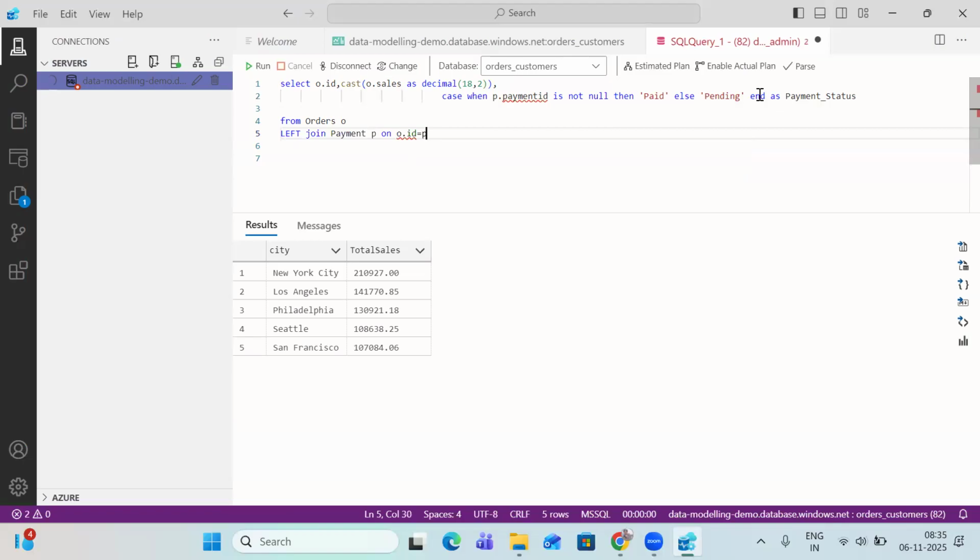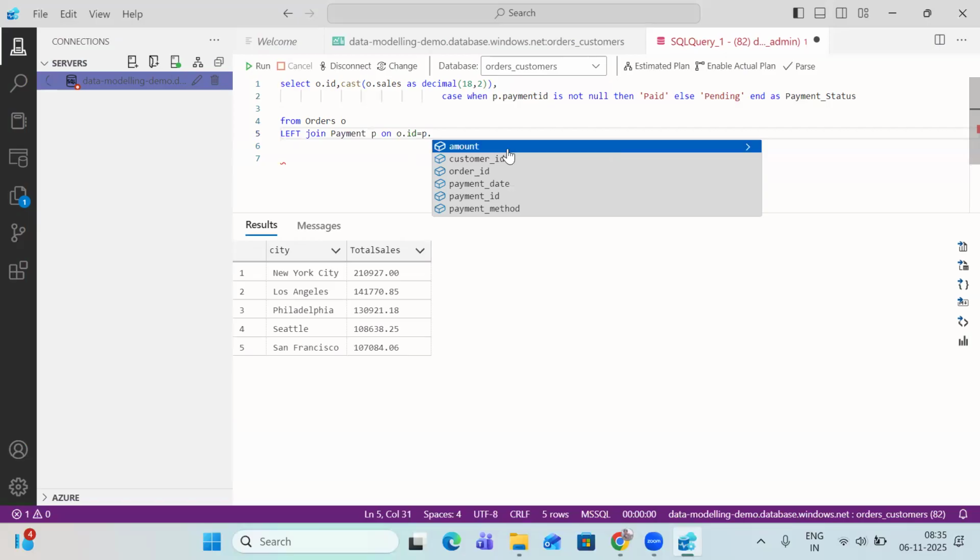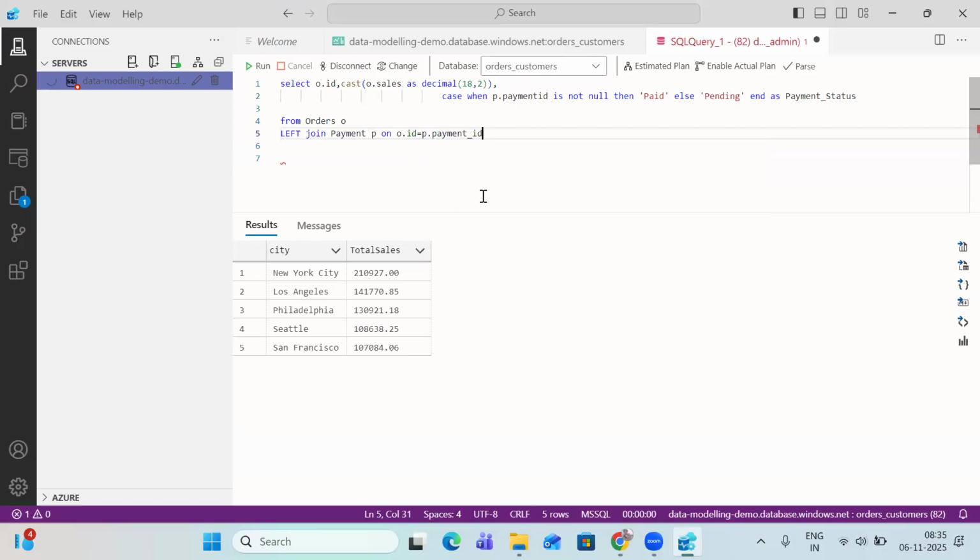So P dot, what I have is basically payment ID. Based on payment underscore ID, right? Yeah, now it looks good. So my query is ready. Now if I go ahead and execute,